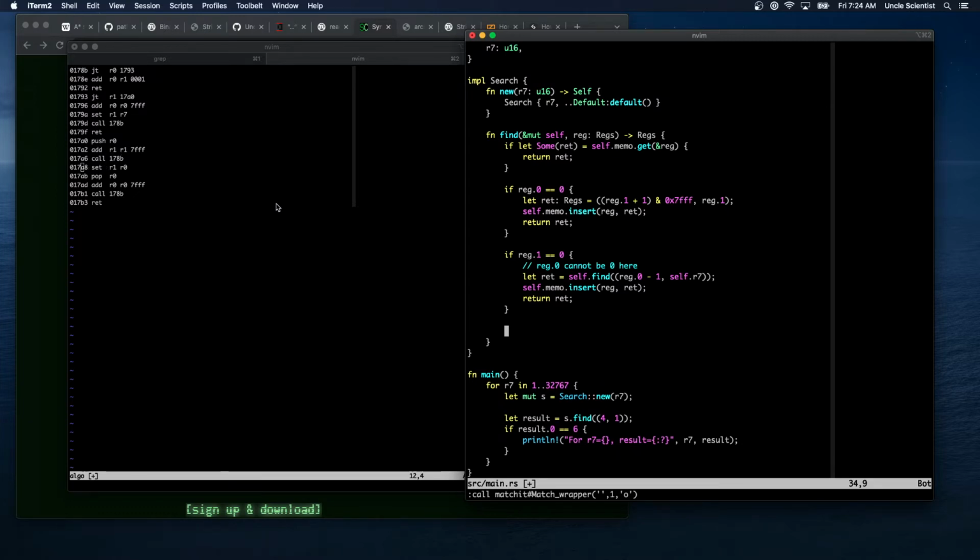Otherwise, if register 0 is non-zero, we jump here. Register 1 is non-zero, we jump down here. So now we're going to start with this line here. Push R0. This is just saving R0, which is fine. That's what we're going to do anyway if we call it. So we're going to subtract 1 from R1 and leave R0 alone. So let's